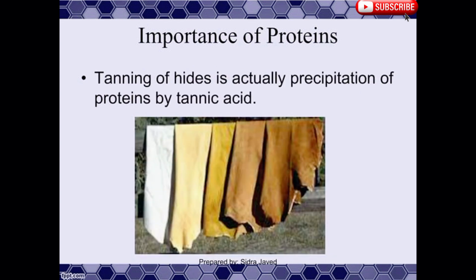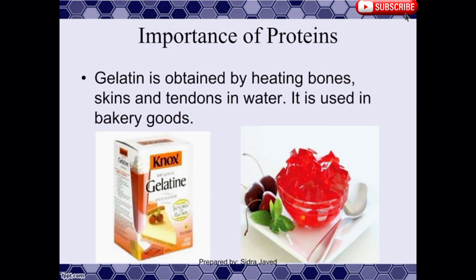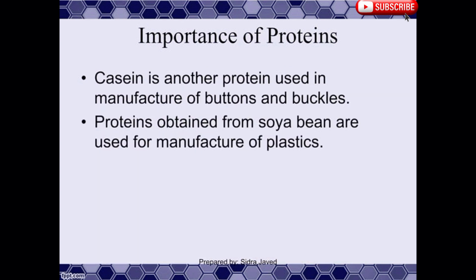Tanning of hides is actually precipitation of protein by tannic acid. Gelatin is obtained by heating bones, skin, and tendons in water. It is used in bakery goods. Importance of protein. Casein is another protein, used in the manufacture of buttons and buckles. Protein obtained from soya beans is used for the manufacture of